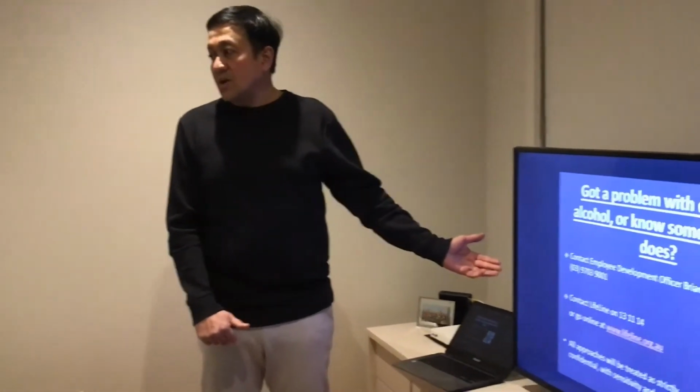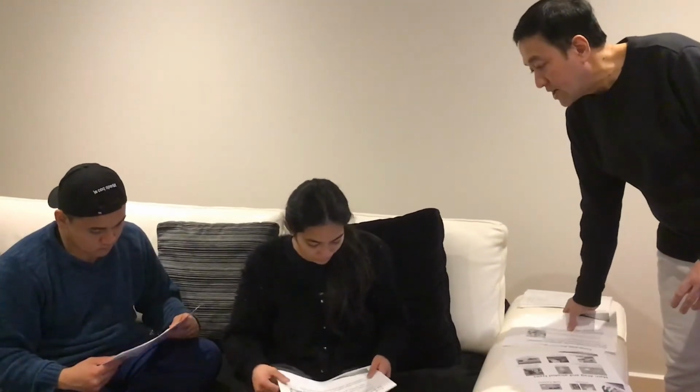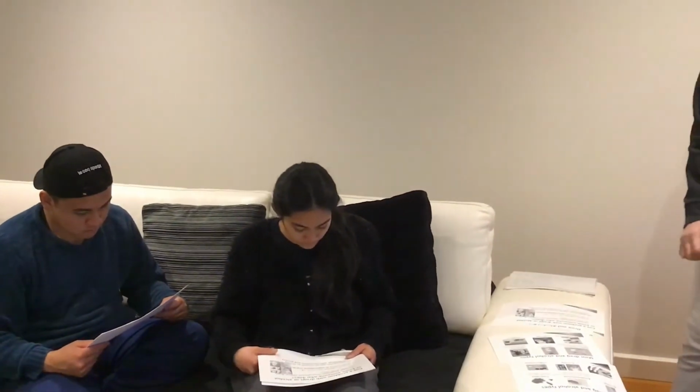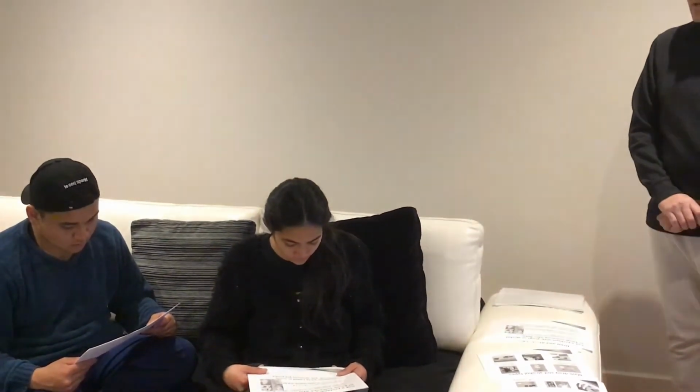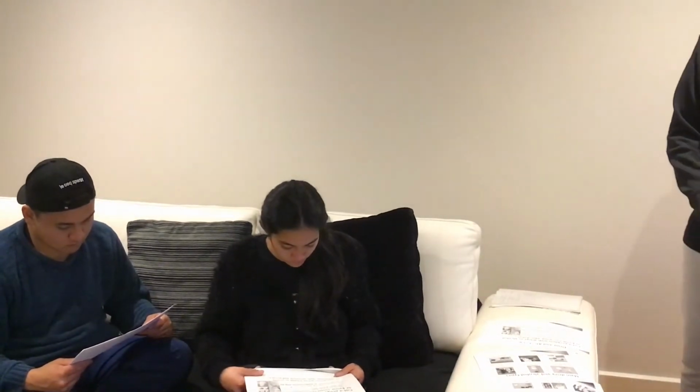By doing so, you are not actually snitching or backstabbing them. You are making them aware that their use could affect the health and safety of others. Then let me pass over these two leaflets, which will be useful for you guys. If you encounter any situation, you can just report them directly to the employee development officer, or you can contact the lifeline.